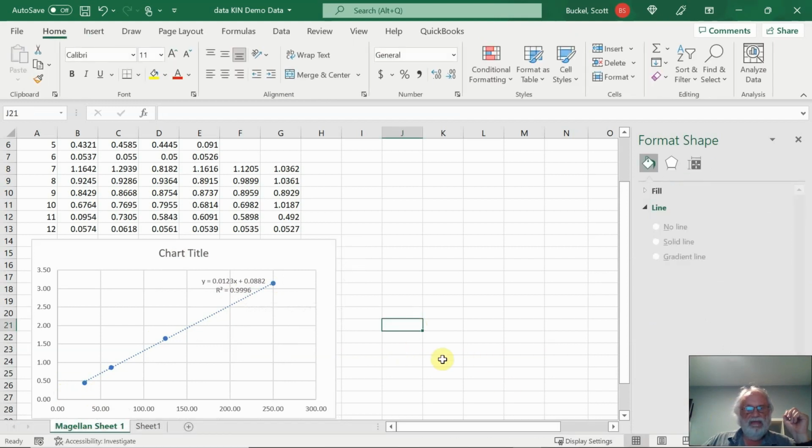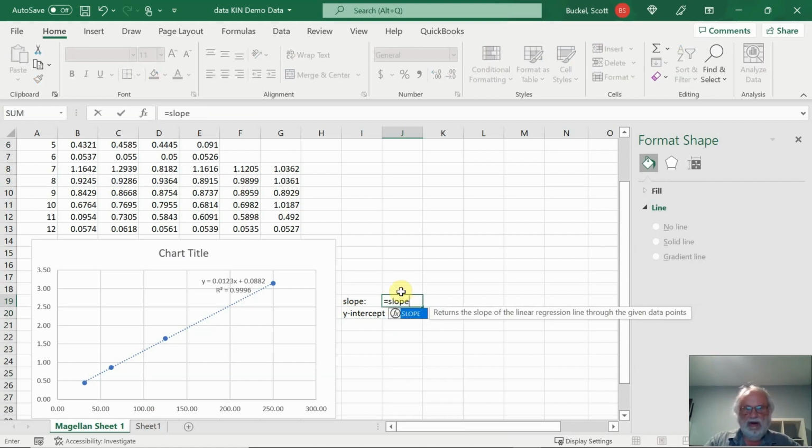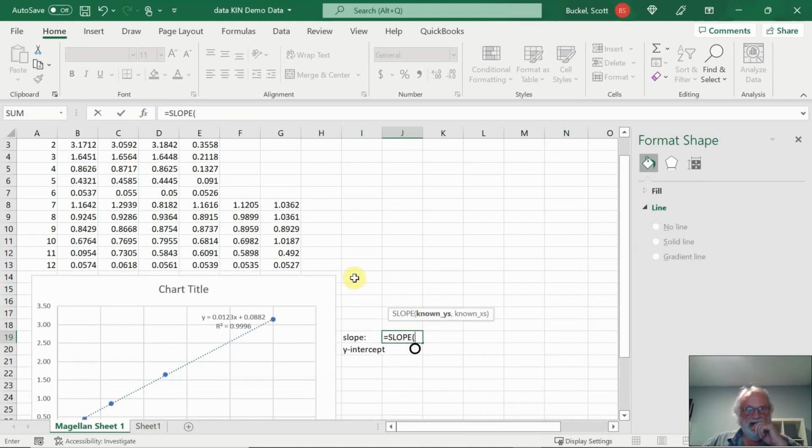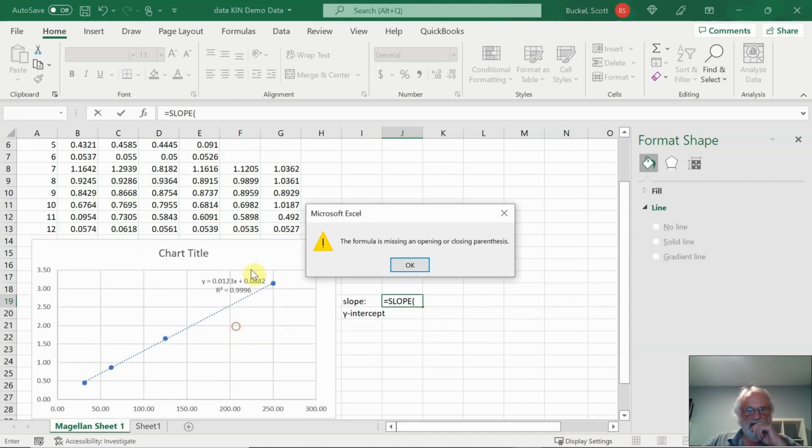Now, to determine the concentrations, I like to go ahead and calculate. In the past, I've just taken those elements down, but I wanted to show you a new Excel function. I'm going to type slope, and I'm going to type Y intercept. So that's equal to slope. Double click on slope, and we go back to this data set. The first part is known y's. So the known y's, let's go ahead and